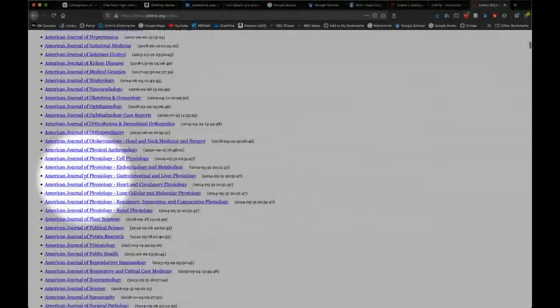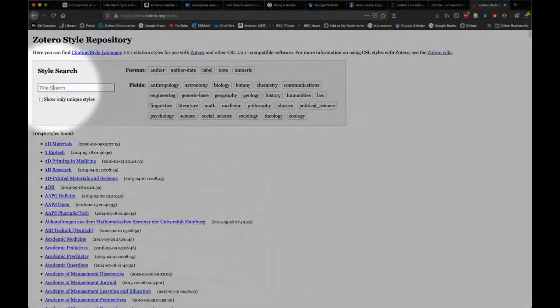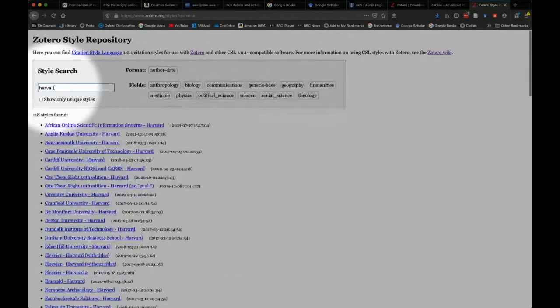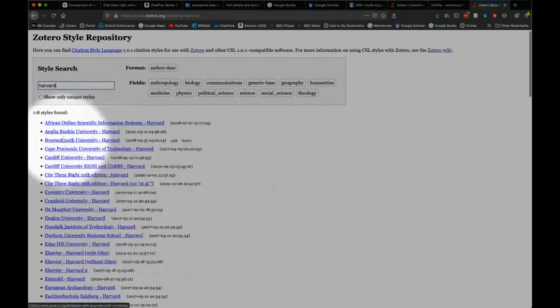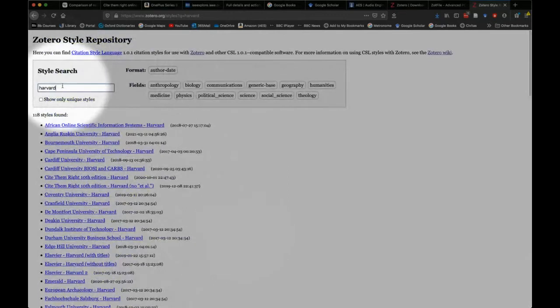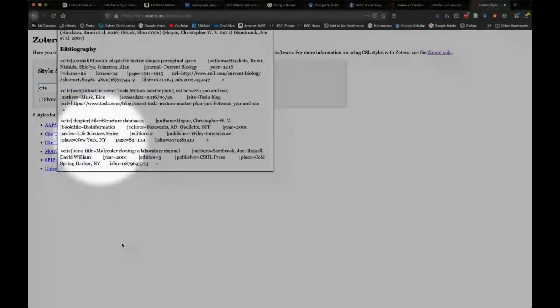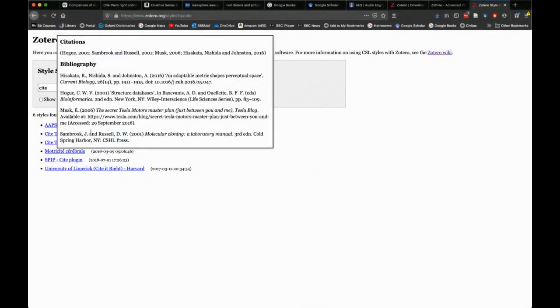Now, we mentioned Harvard as something which concerns us in the university. So if we narrow this down, type HRD, of course, here's the various Harvards that are out there. There's a lot of Harvards. We used to have our own UWL one down there somewhere, but it's no longer there because we've superseded it with Cite and Write. But you don't even have to navigate that list, because if you simply type CITE, you will find very quickly. Sorry, I'm jumping off it because of my colourful mouse. Then let me just get out of here. You will find Cite and Write